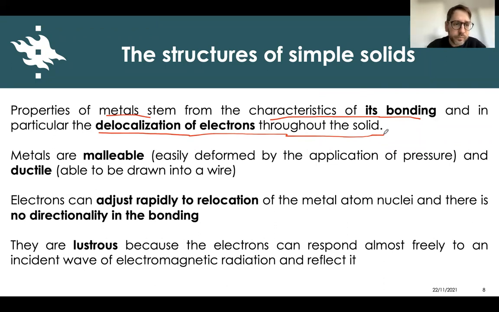and therefore we have delocalization of electrons over the entire structure. This gives rise to the fact that metals are malleable, or easily deformed by an application of pressure, and ductile, which is the property of being able to be drawn into a wire. Also, electrons can rapidly adjust to the relocation of the metal nuclei, and there is no specific directionality in the bonding. Another interesting property is that metals are lustrous because the electrons can respond almost freely to an incident wave of electromagnetic radiation and then reflect it. So basically, the electrons are free to move along the structure,